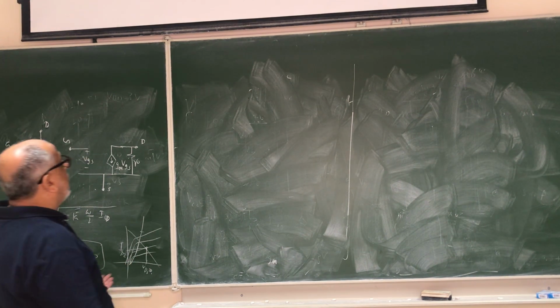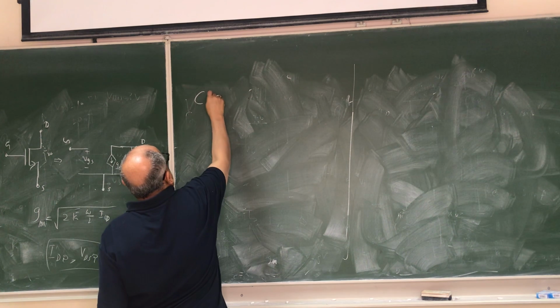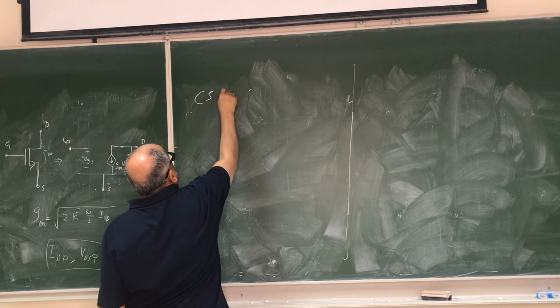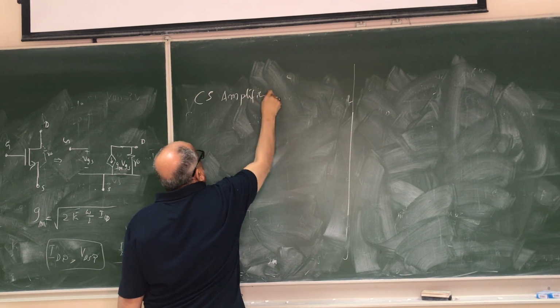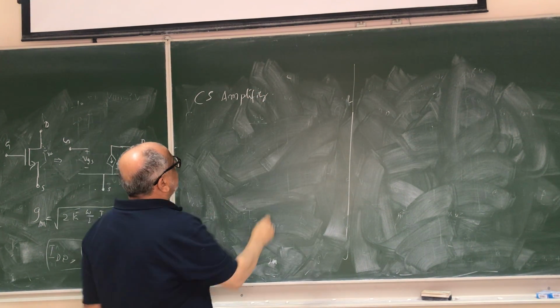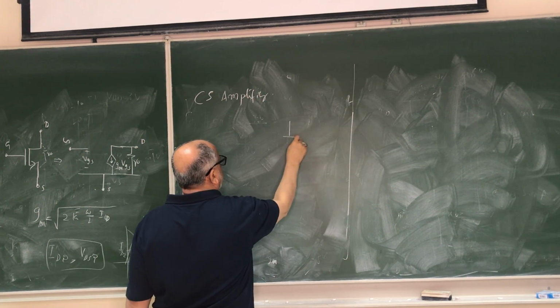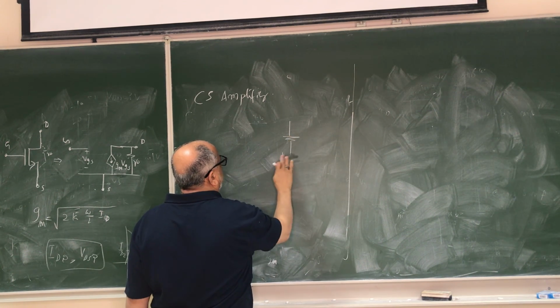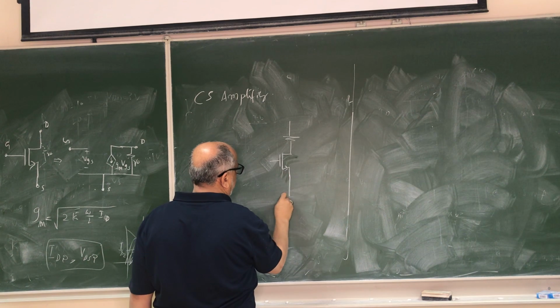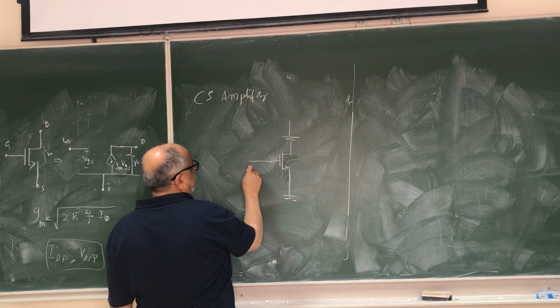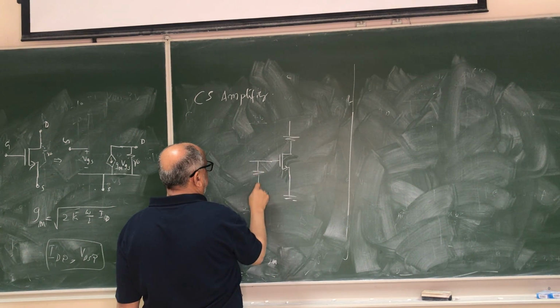Right, again we have three types of amplifiers. We have what we call common source amplifier, and same as we have done with the BJT, in common source, we'll start with this basic configuration, basic common source amplifier, where we have, let's say,